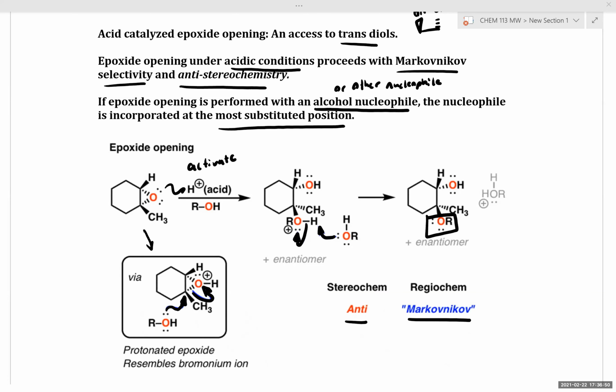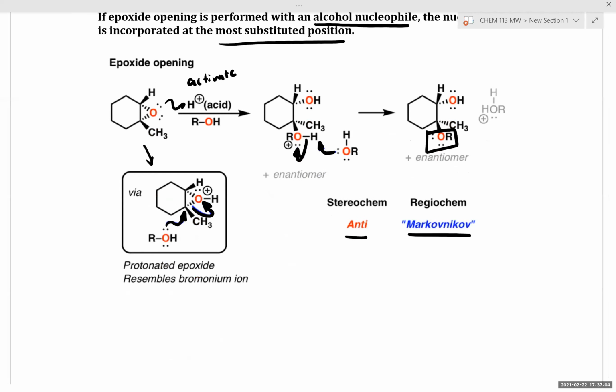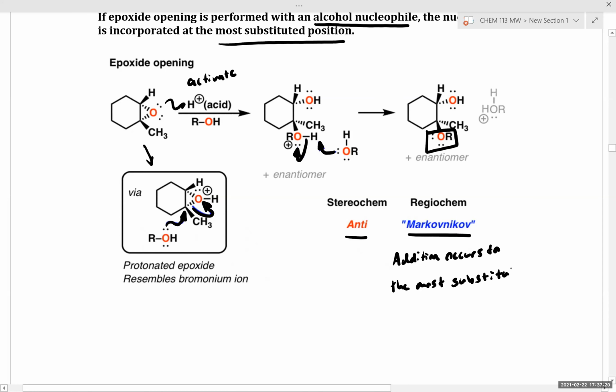Does that make sense to everyone so far? Is everyone comfortable with this mechanism so far? Professor, could you review what Markovnikov and anti means? Sure. Markovnikov selectivity is based on this idea that addition occurs to the most substituted carbon,